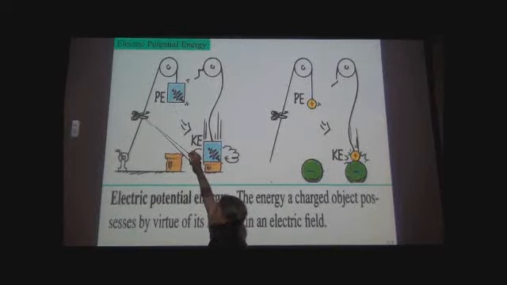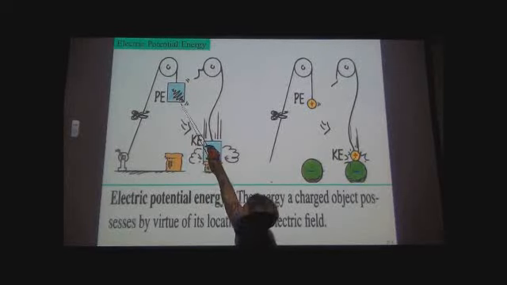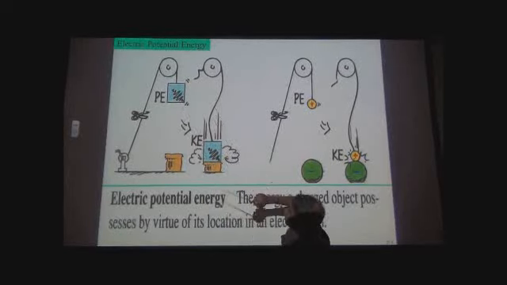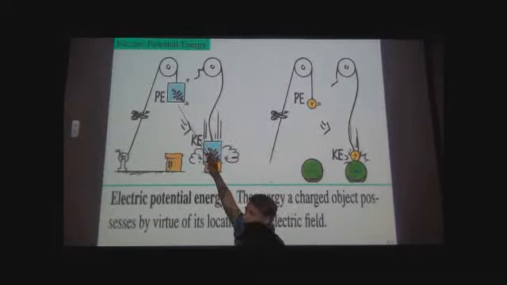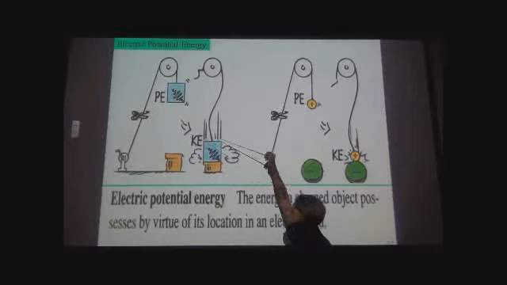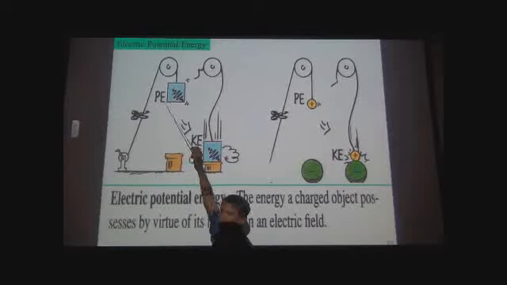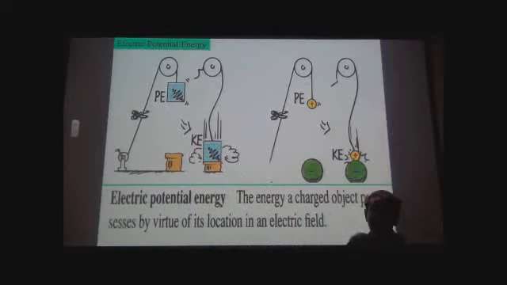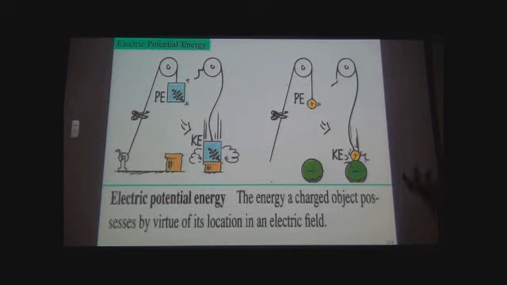Now, what happens if we cut the string? You cut the string, and the weight of this object, the earth is pulling the object down, the object accelerates, its potential energy gets converted into kinetic energy, energy of motion, so the object has a lot of kinetic energy here, and the kinetic energy is then used to crush this metal can, right? So potential energy gets converted into kinetic energy. This is gravitationally speaking. In the presence of a gravitational field, the object has a potential energy by virtue of